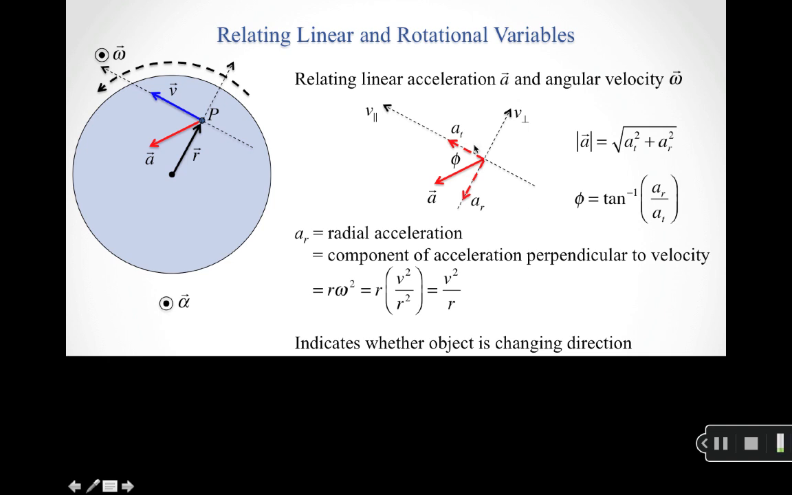I can also figure out the relative direction of my linear acceleration to the direction of the velocity by using the inverse tangent. So again, if I know those two components, I can use the inverse tangent to tell me about a direction. And so what we can do is figure out the angle between the linear velocity and the linear acceleration as our object moves around with both linear and rotational